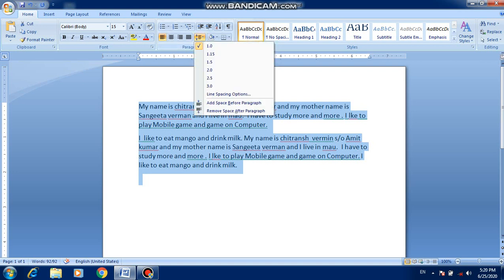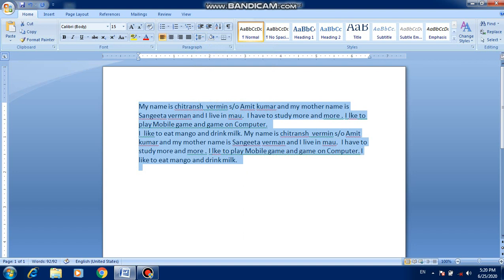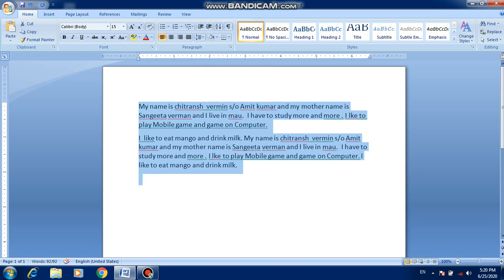Again click, again select remove space after paragraph. After the paragraph, whatever distance between two paragraphs is removed. In the same way we can add this also. Click add space after paragraph. Look here, space is added. So this is your space between paragraphs.